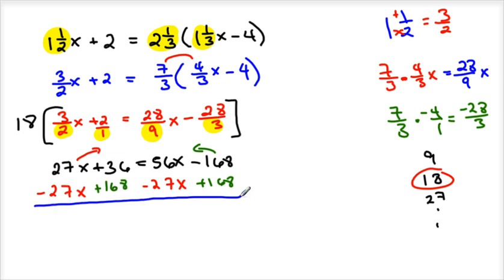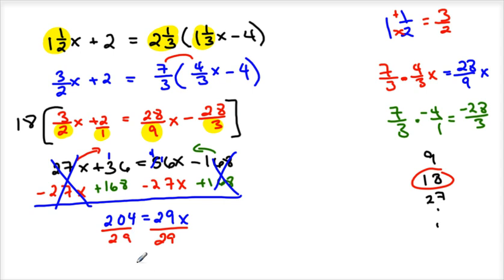Alright. 27x and negative 27x, see you later. Here we have 14, 1, carry the 1, we have 10, so we have 204 equals 56 minus 27x, so we have 4, 1, so we have 29x, and that goes away. Alright, and now our last step here is just divide everything by 29, and we have